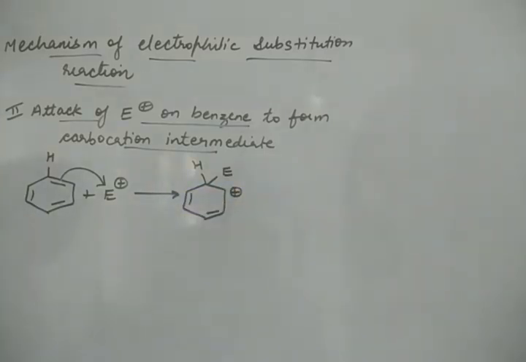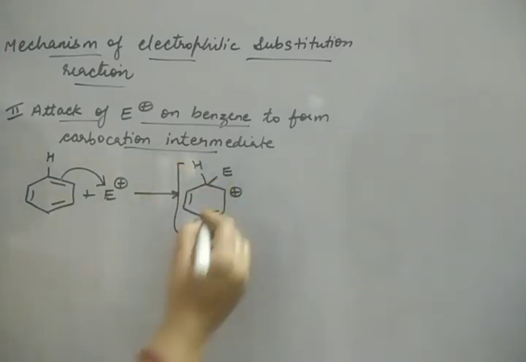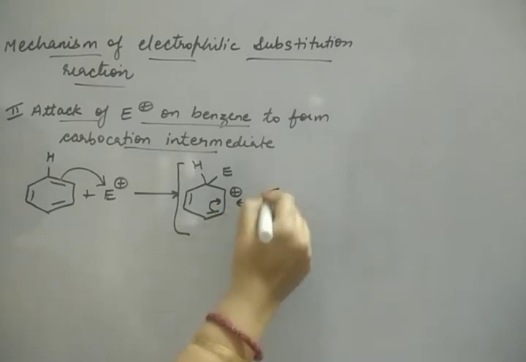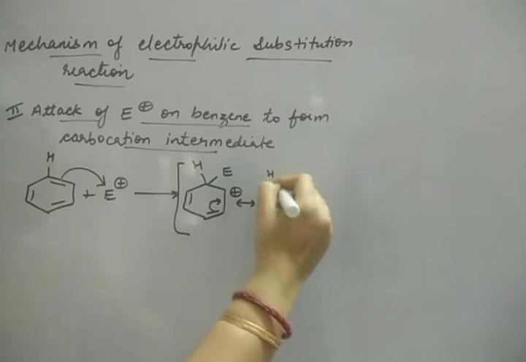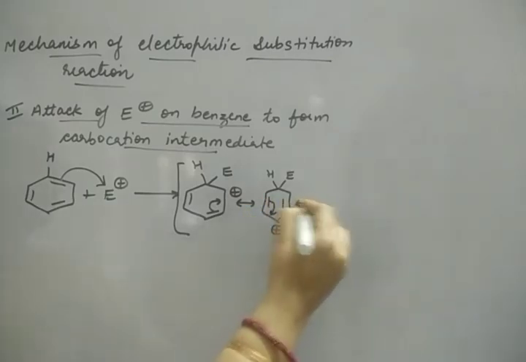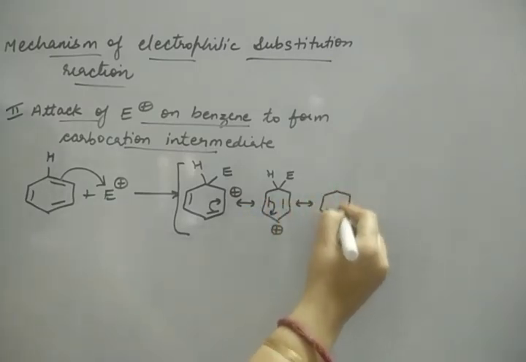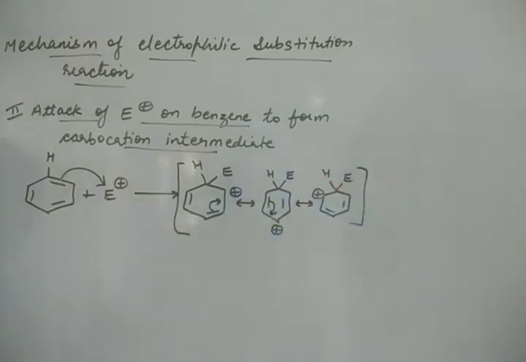Now this positive charge will move because benzene shows resonance. So there is rotation of this positive charge that we call delocalization, like this. We can see that in the benzene ring, the positive charge was there at the ortho position. Now the positive charge will come at para, and one more structure is possible. So because of the resonance, the positive charge is delocalized over the benzene ring. And we can make the final resonance hybrid for this. So this is the final resonance hybrid.